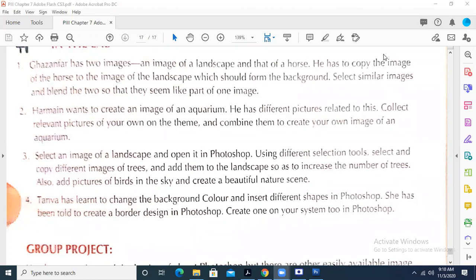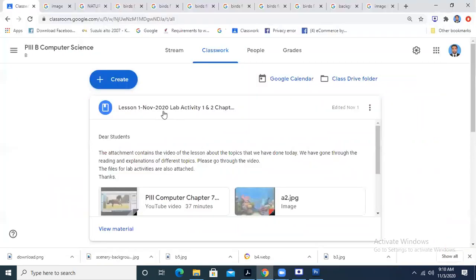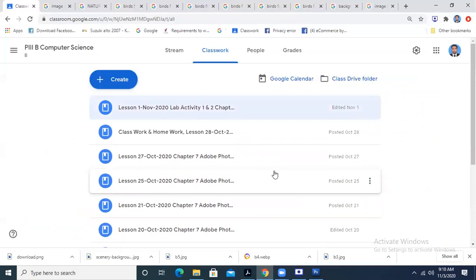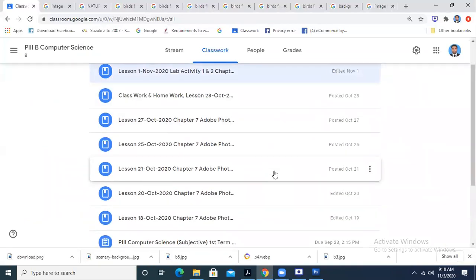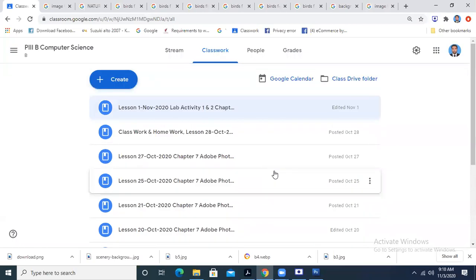I think this is very clear to all the students. I hope you will practice for this. Please do practice for it. I will also give you the questions and answers for this lesson. I don't think I have given them earlier or not. Yes, I have not given them for this chapter. So I am going to give you the questions and answers.